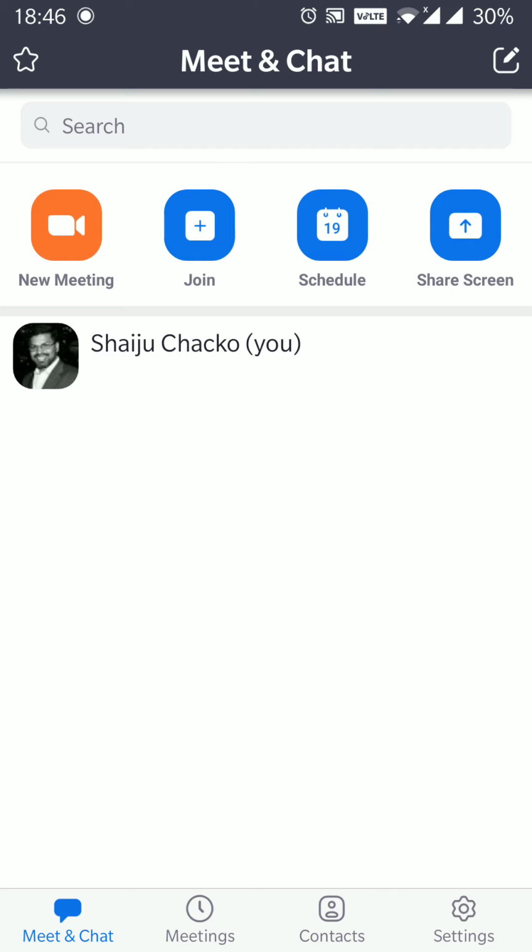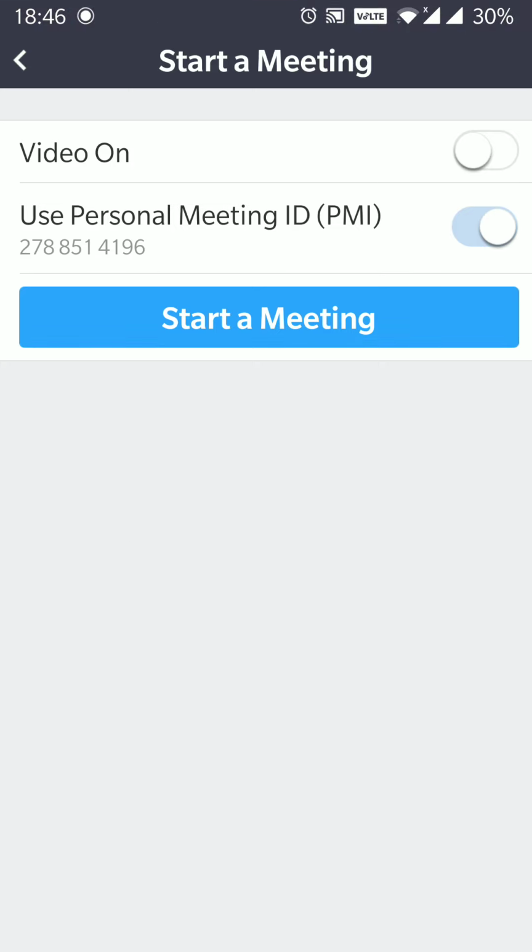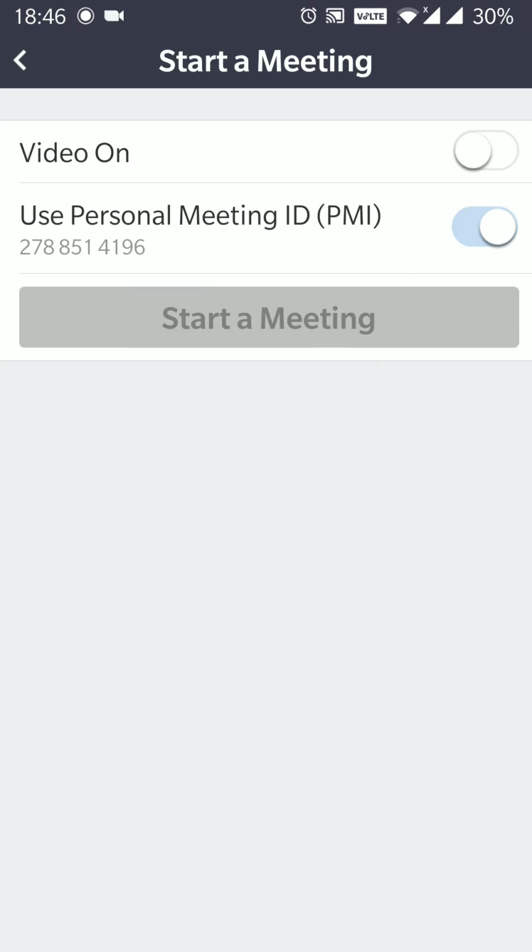So these are some of the settings or precautions that we can take while we schedule the meeting. Now, once we start the meeting, there are a few more settings that will help you prevent any unwanted scenario, so let us look into that. Instead of scheduling a meeting, I'm just starting a new meeting. And I will also allow some of them to join me.